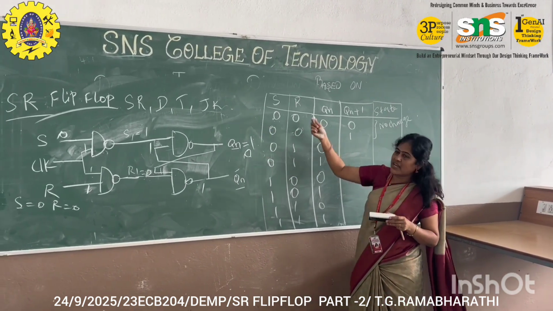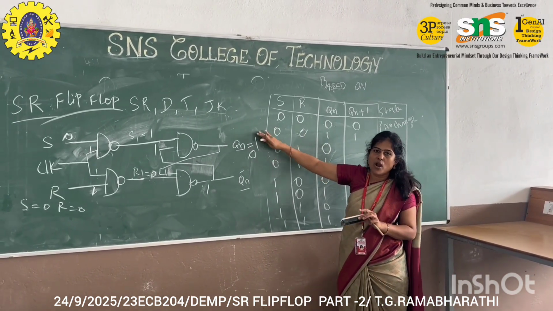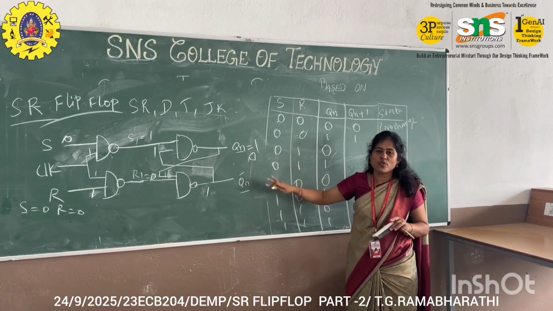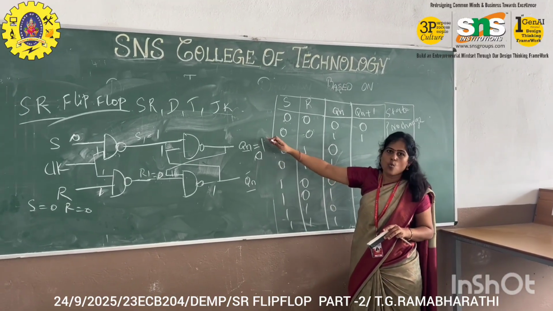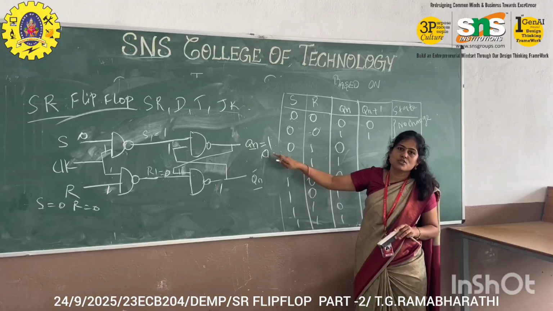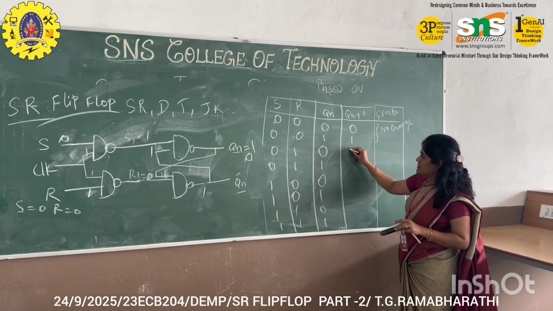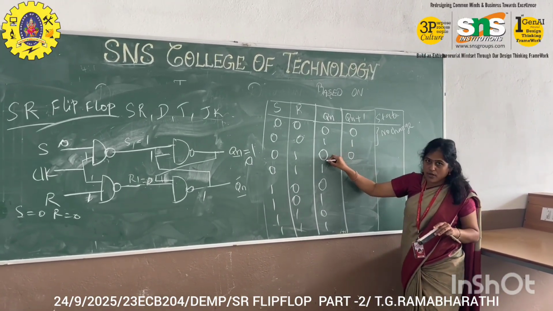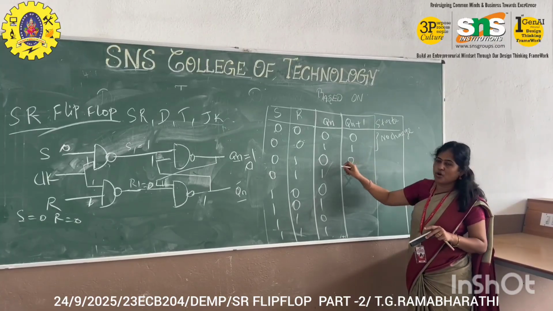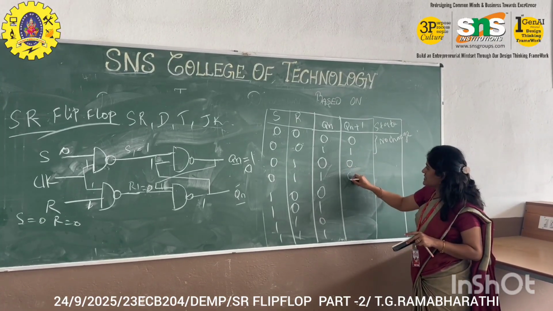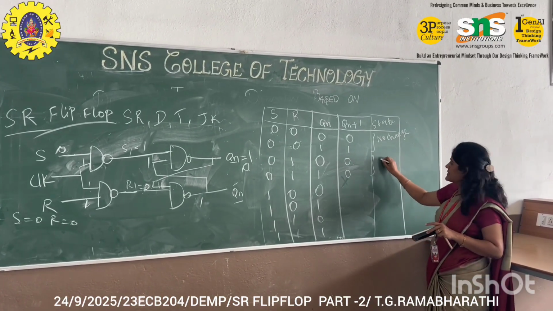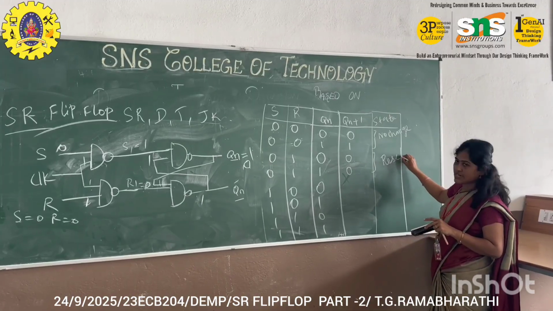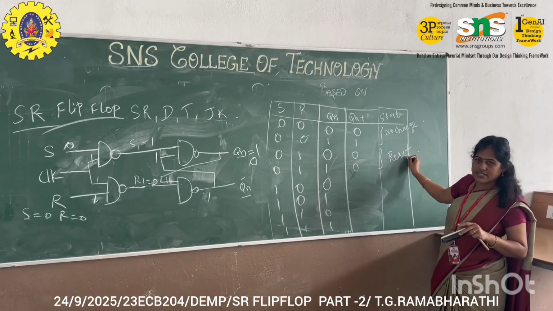In our last stage, it was a no change condition. 1 means we got 1, 0 means we got 0. But here 1 changed to 0. So the output would be, present state is 0 means also 0, present state is 1 means also it is 0. So this condition is called the reset condition. This is the reset state. This is the second one.